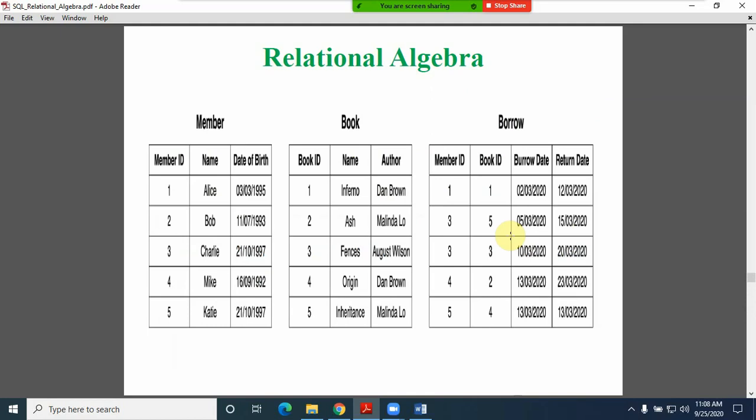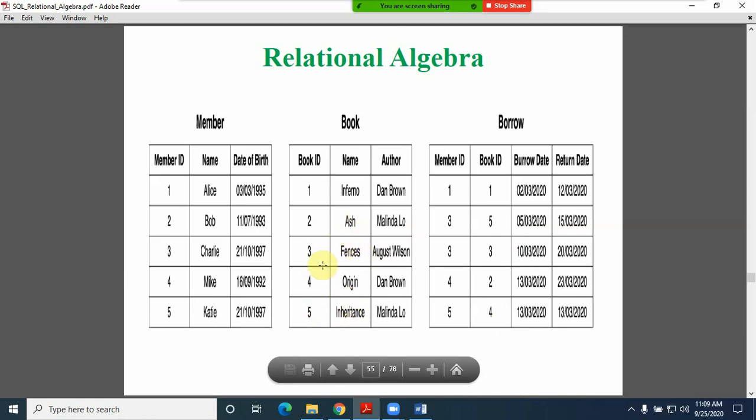These things are there. But now we are working on the book table also, because our query demands the book name; they have not given the book id or the member id. In some situations, a professor wants to get some book, and maybe the librarian tells him that your student only got that book, better you contact him. In that case he wants to get the information of that student. So we know the book names, Fences as well as Inheritance.